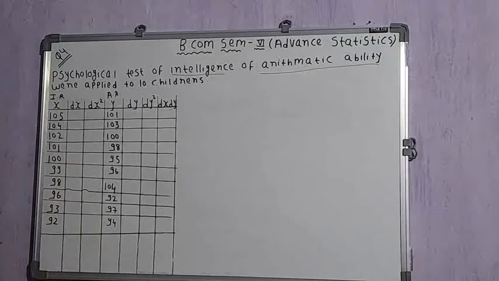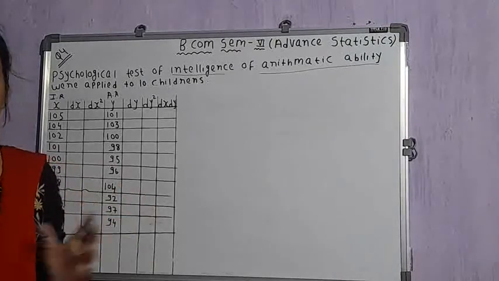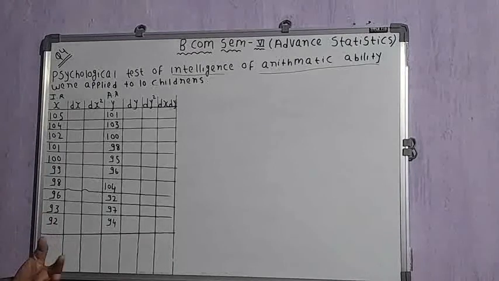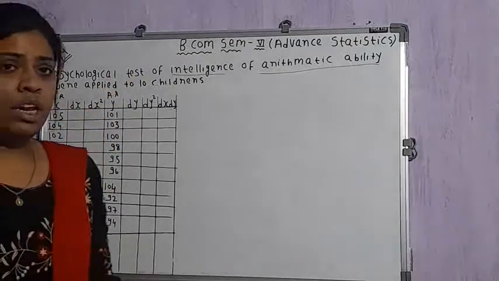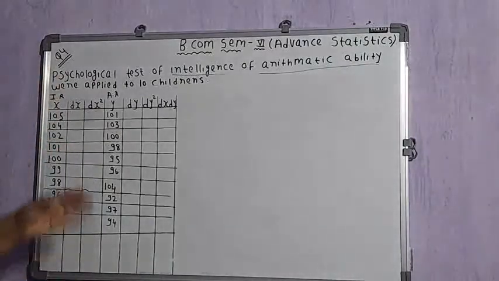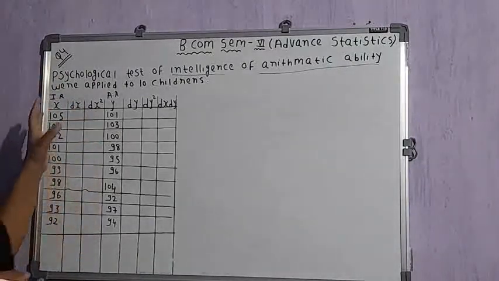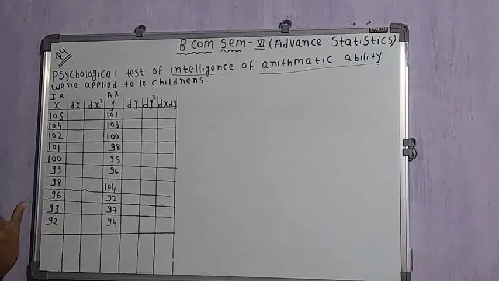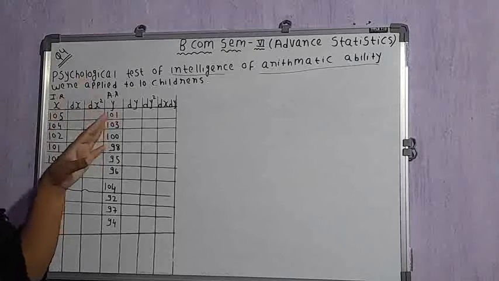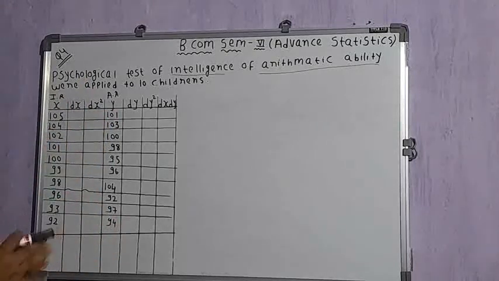So now what I have done, I have read the question, I have seen which data has been given in the question, and the data that has been given in the question I have put in the preparation table. Now what is the next step? With the help of this given data, we have to calculate other values that need to be computed for putting into the formula for calculating the coefficient of correlation.